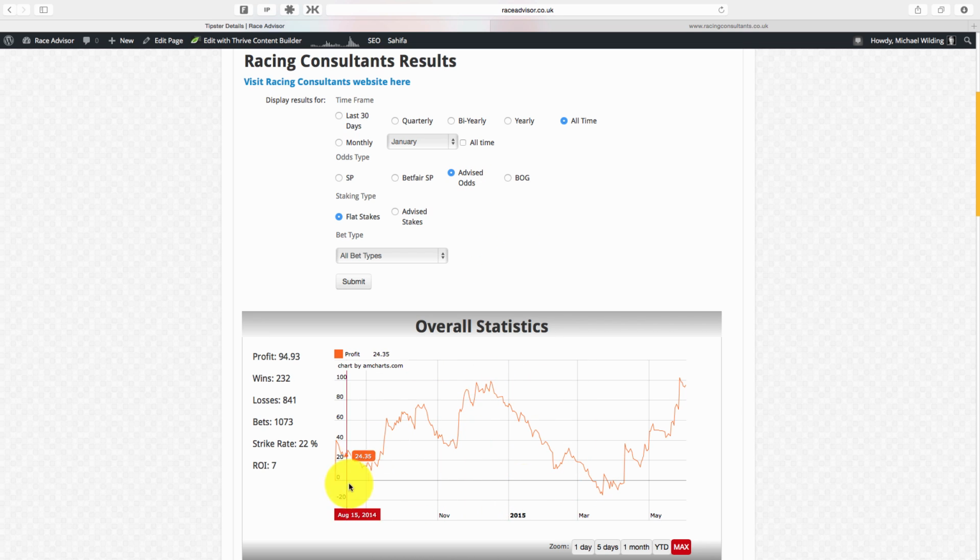We can see that these downswings are pretty normal. They did suffer a big downswing here from December, which lasted up until March. It started to pick up again then, and it's now come back to what looks to be, 97 was the high, 99 was the high point there, 102. So it's actually come back to a new high point now,